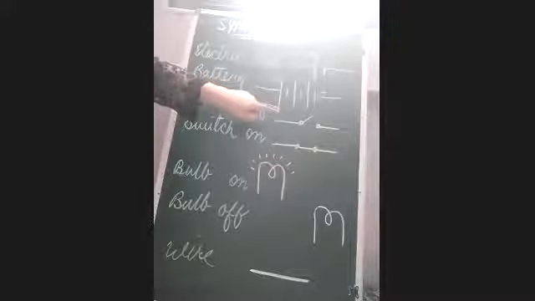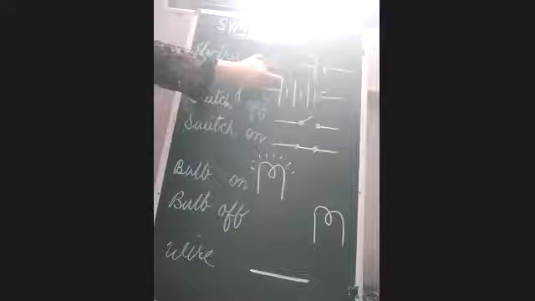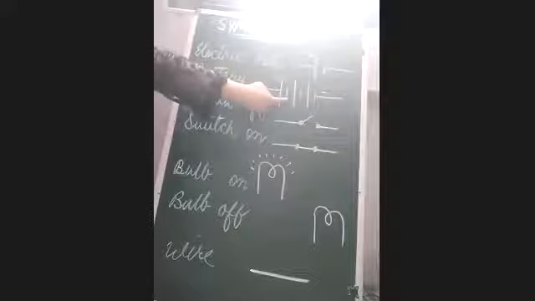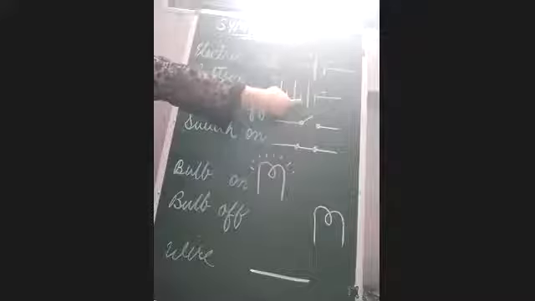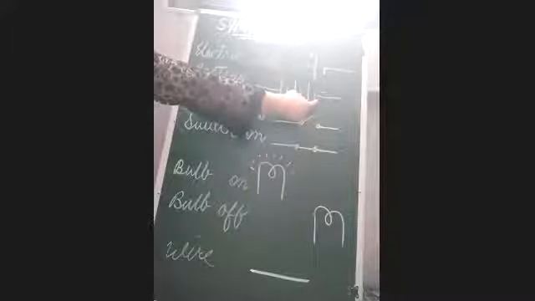Second is battery. So if you see the battery, how is the battery represented? Here, one longer line, and this one is a longer line here with this. This is the negative terminal. Positive, negative, positive, negative. Just check it out. It is this way. Rasleen, please write it down now. I want everyone to note it down. I'm going to ask you to send me the notes very soon.